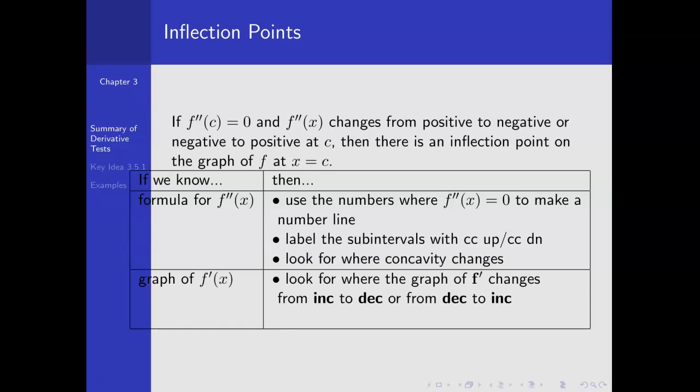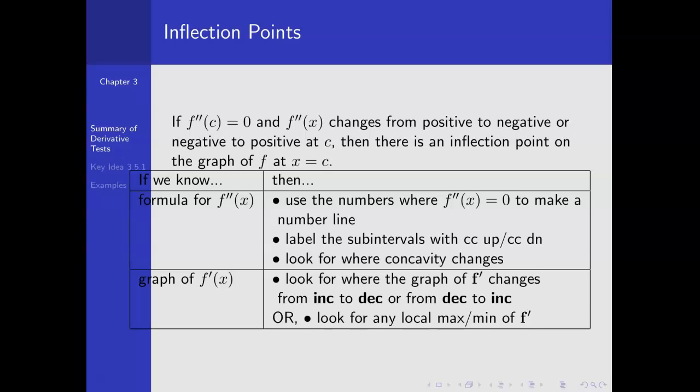If we know the graph of f prime, so if we know the graph of the derivative, we look for where the graph of f prime changes from increasing to decreasing, or decreasing to increasing, or in other words, we look for any local max or min of the first derivative. So that gets us through the summary of the things we have done so far, and we are ready to move on to our key idea,